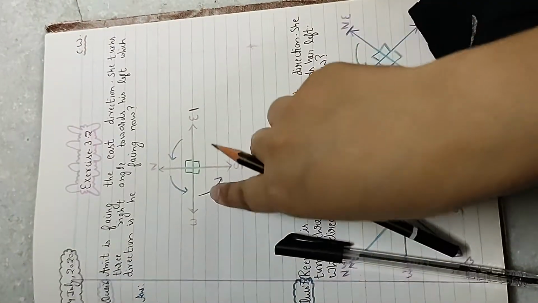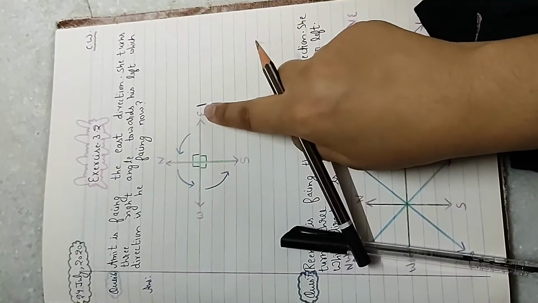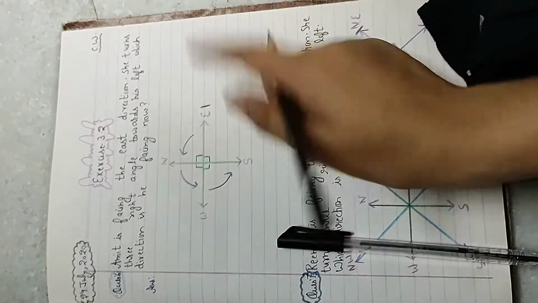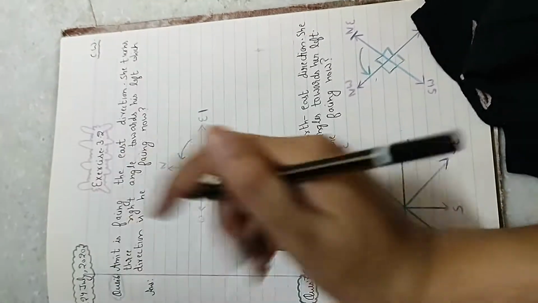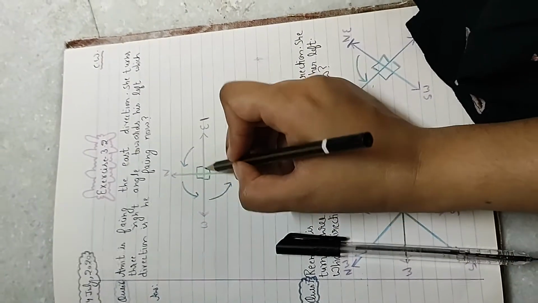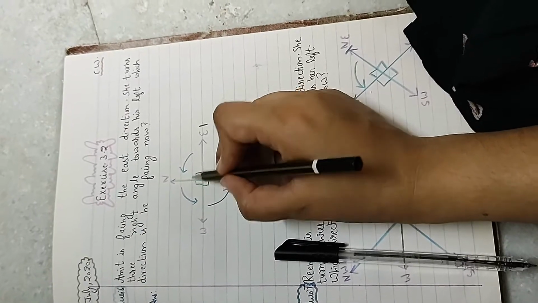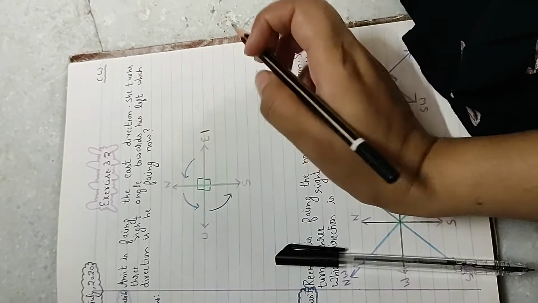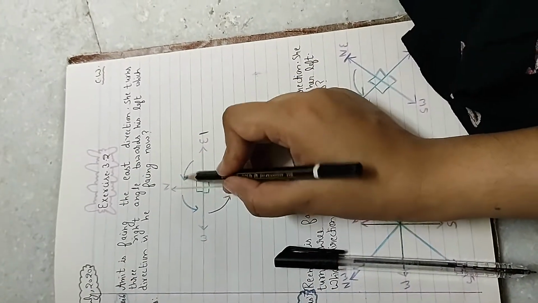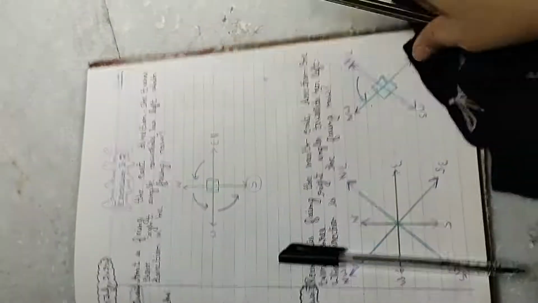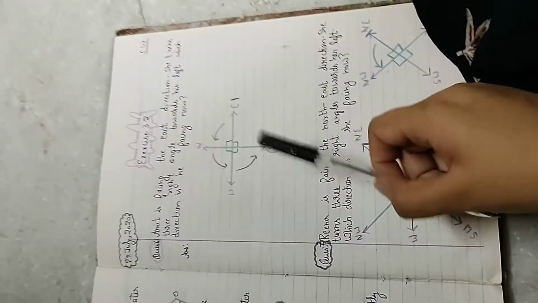As you can see, I have already made the directions. Amit is standing facing the east direction. If we move left, left will be this side of Amit. Each part between directions is 90 degrees, and four such parts make 360 degrees. So he has turned 3 right angles: 1 time, 2 times, 3 times. So he will reach the south direction.